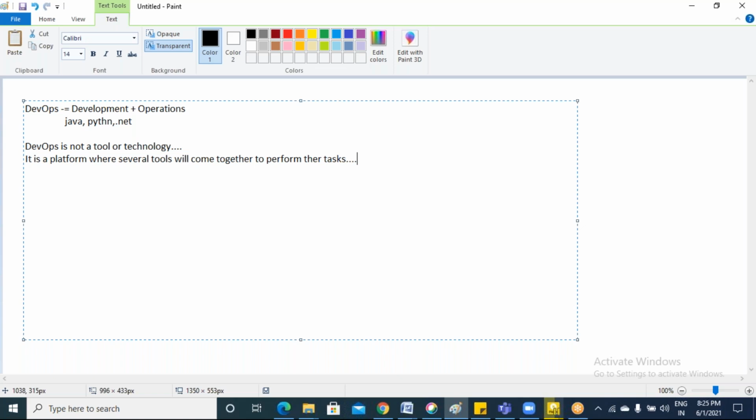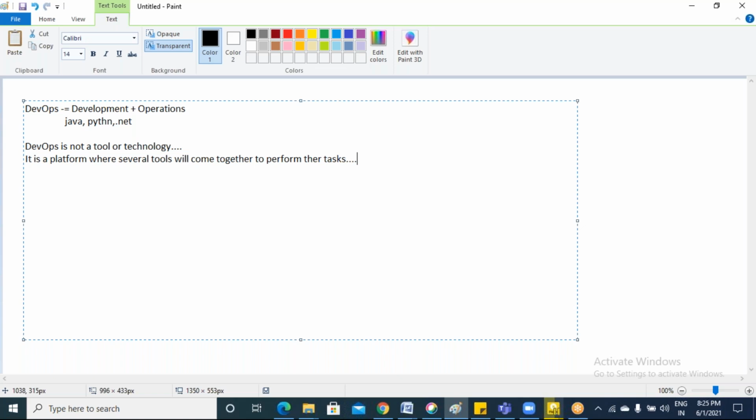Tools are fixed ones. Like Linux is a tool. It has been fixed since ages. It is running now also, and for ages it will run, so there are no changes in that. Linux is a tool, a fixed tool. Again, WebSphere Application Server, or WAS, is a tool. SAP is a tool. Those are called tools. Those are fixed; we cannot change them. It was running before, it is running now, and it will run in the future also. Okay, understood the difference between tool and technology.